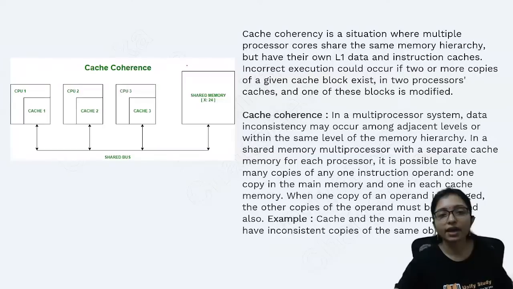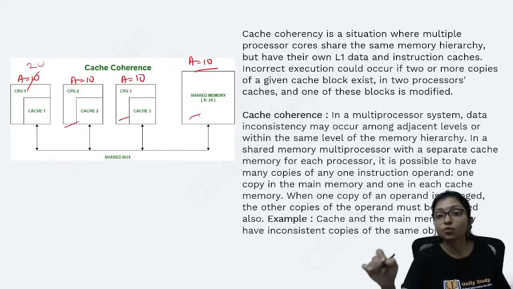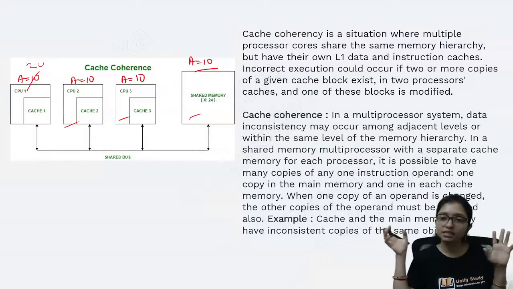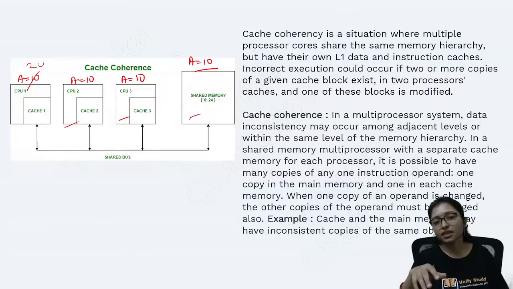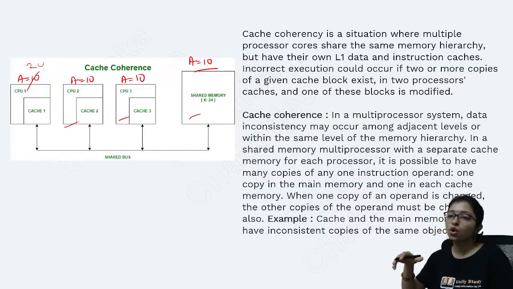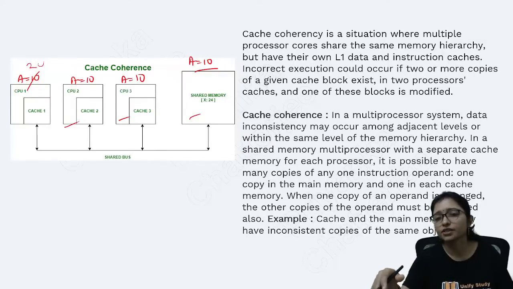Maybe I took a variable a equals to 10. Here also a equals to 10. Here also a equals to 10. Here also a equals to 10 when they copied. Now in between it is updated to 20. But these are not updated here and here. So it will create a data inconsistency. This is the same variable a, but it is creating a data inconsistency here. This is called the data coherency problem, or the cache coherence problem, which is very important. Nowadays questions are coming